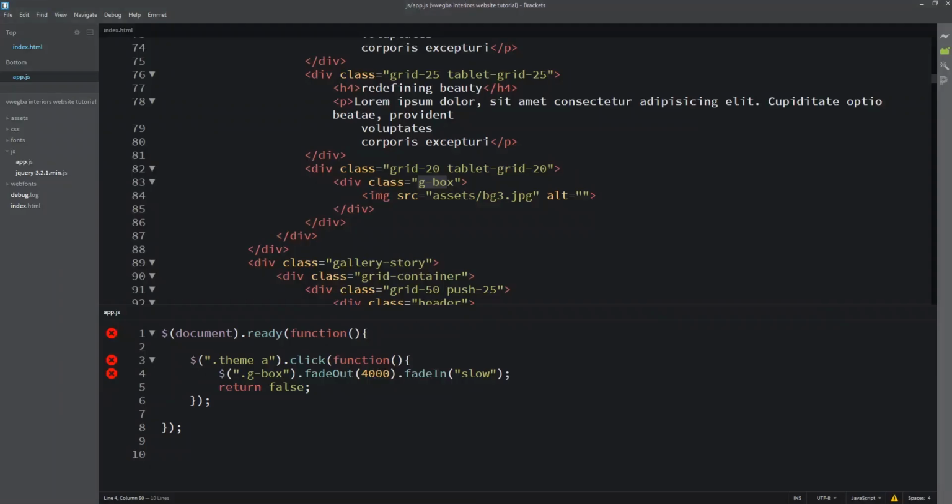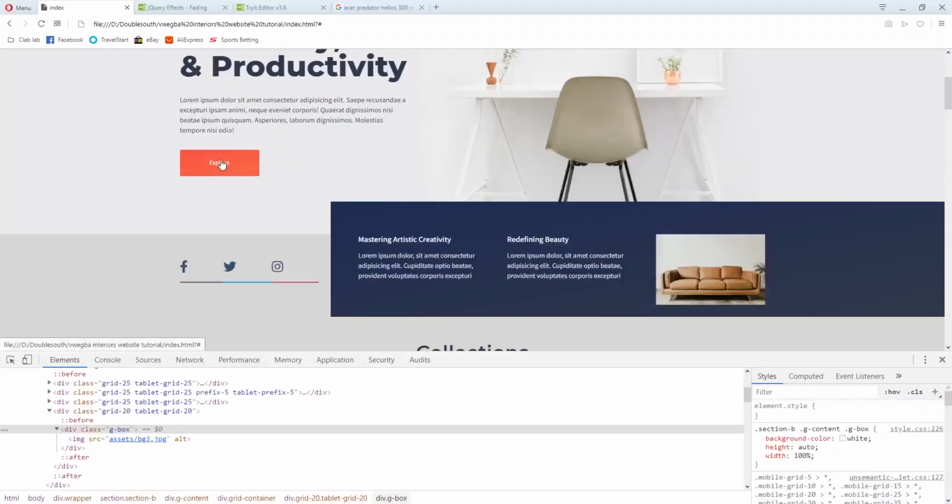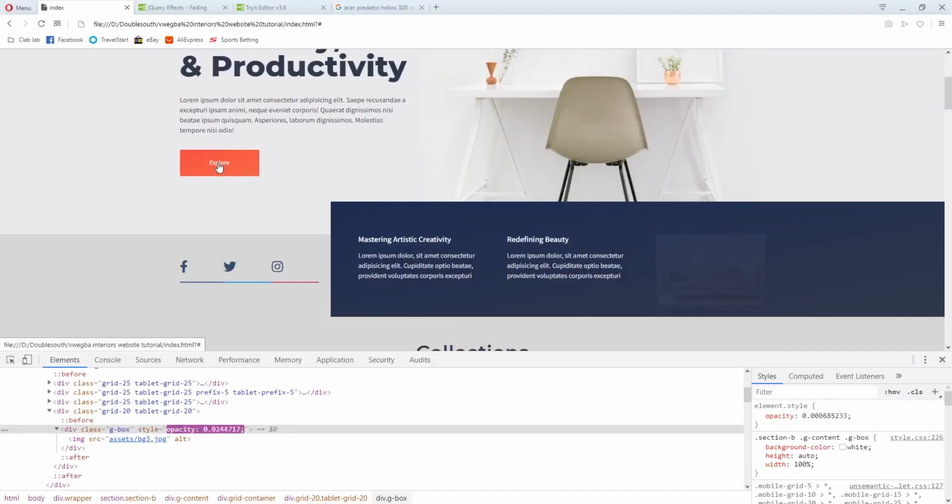Let me show you the same thing. I've changed it to slow again, and removed the values. I'll refresh and click. You see, it's in a blink.